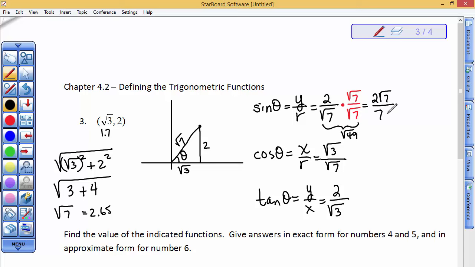Same thing would happen right here. You'd multiply top and bottom by the square root of 7, and so upstairs, square root of 3 times the square root of 7 is the square root of 21, and downstairs square root of 7 times square root of 7 is 7. And again, finally right here, you'd multiply top and bottom by the square root of 3, so upstairs you'd have 2 times the square root of 3, and downstairs the square root of 9 is just 3. You should write the reciprocal functions over here, but in an effort to save